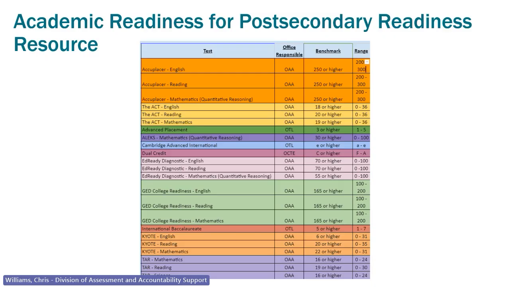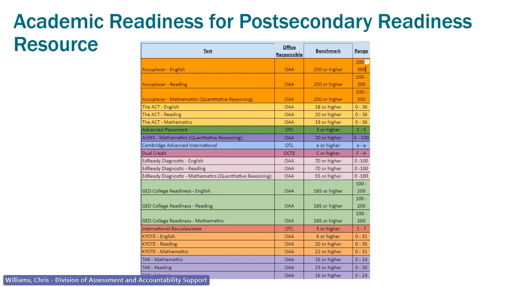Now, here is a resource to help you. The benchmark scores for academic readiness and post-secondary readiness can be found in the I Need Help button in SDRR. If you're looking at your post-secondary readiness and go, well, what was that benchmark again? Or what should that student be for post-secondary readiness academic? Here are all the benchmarks. It'll tell you all the assessments for AccuPlacer, for the ACT. It'll go into AP for advanced placement.